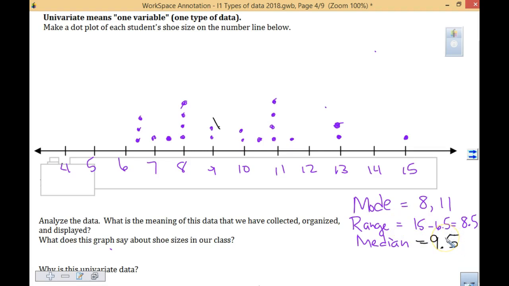Okay, so that means our middle value. The mean is the same as the average. When you find the mean, you take and add all the numbers and then divide, in this case, by 22. We're not going to do that for our class, but you could find the mean of our shoe sizes. So it says, why is this considered